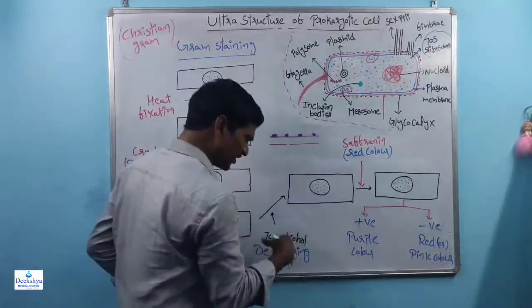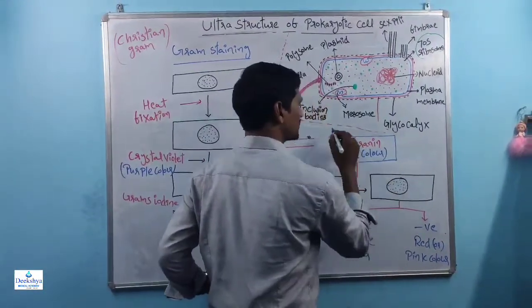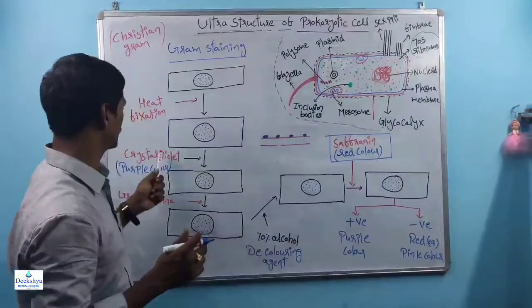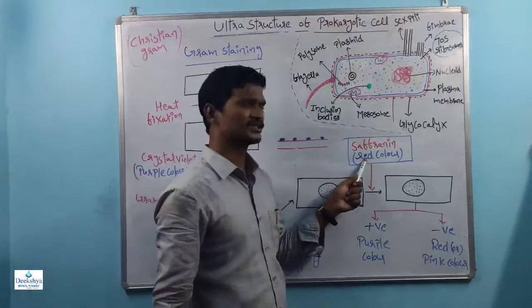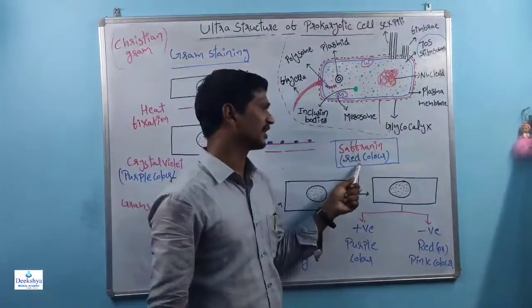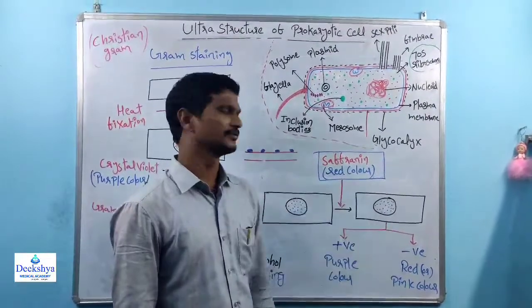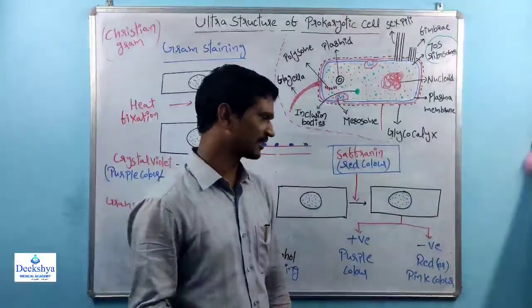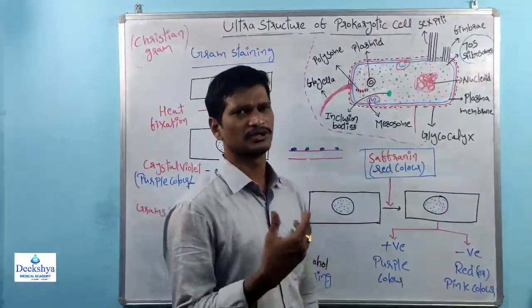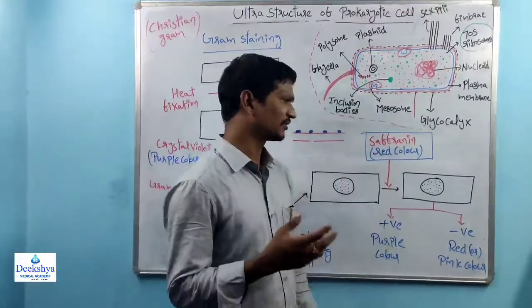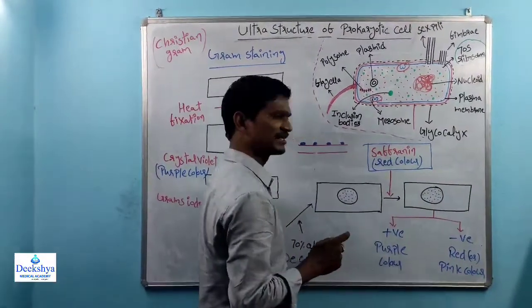After the decolorizing agent, we are adding the second stain. The second stain is safranin. The first stain here is crystal violet, and the color is purple. The second stain is safranin, and the color is red. After the addition of safranin, the cells will get another color. After that, we will wash out the slide gently. After that washing process, if we observe the slide under the microscope, the bacteria cells,